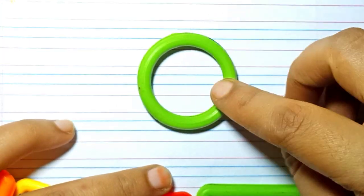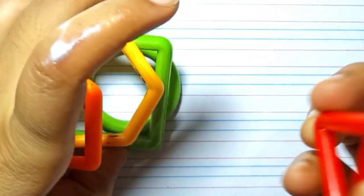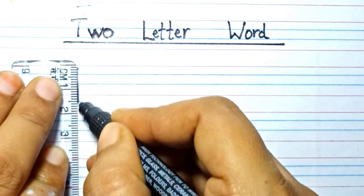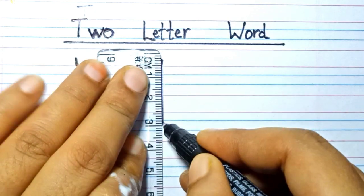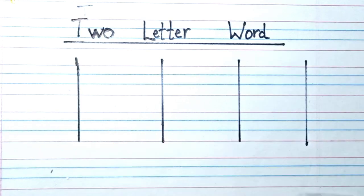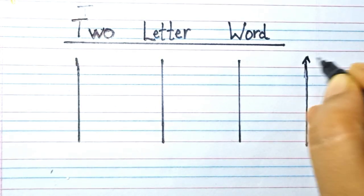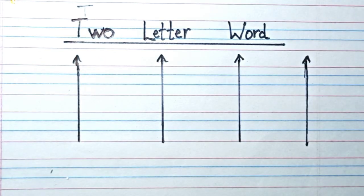Today we are going to learn 2-letter words. Okay kids, let's start. 2-letter words. Okay,